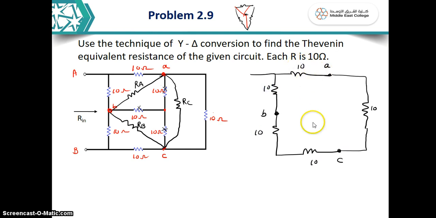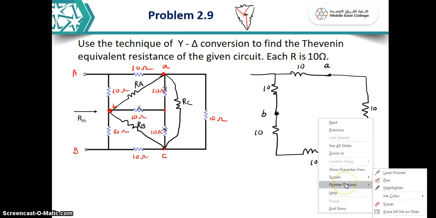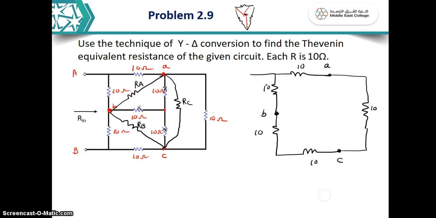So now between A, B and C we have RA, RB and RC. This will come as RA. Between B and C, this will come as RB. Between A and C, this will come as RC. Okay, so when you do it like that, these 2 will become parallel. So now let us see what is the value of RA, RB and RC.